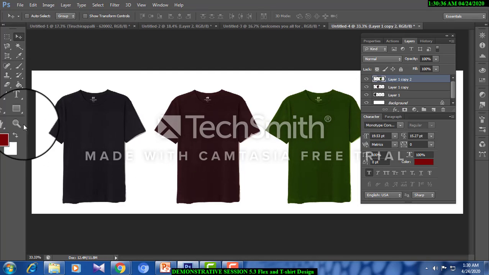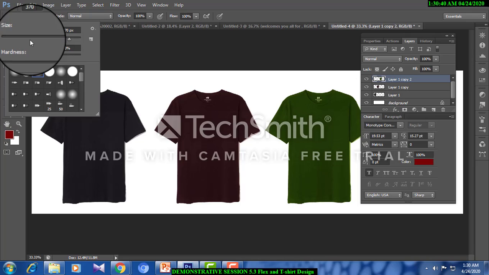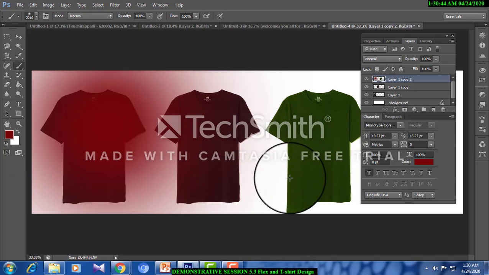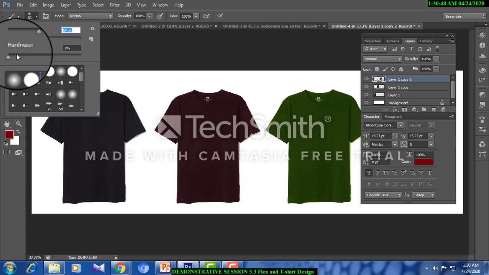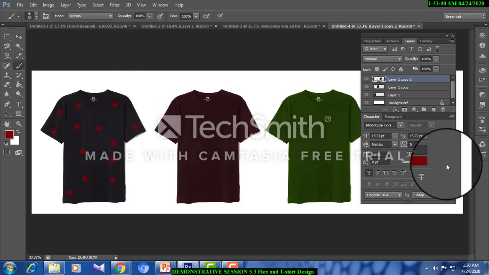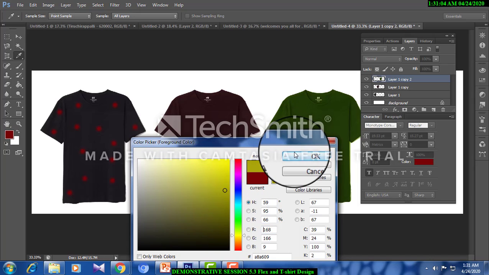Now my dear friends, just with the brush tool, I'm just going to make colors. See, it can be a model. That's all. And you have some other color, maybe yellow or something like that.